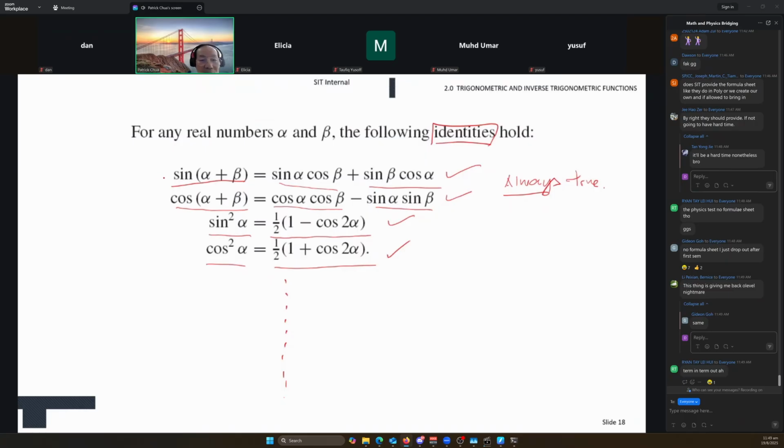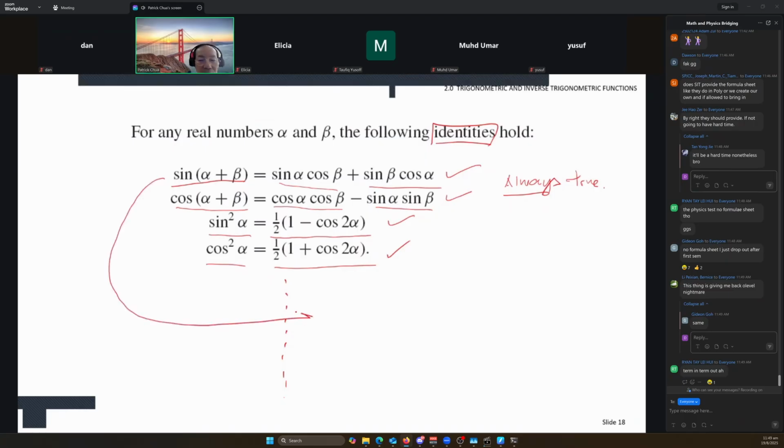So you can always test. For example, how do you test whether it's true or not? You put in values. Let's say alpha is 20 degrees and beta is 30 degrees. Then is sine of 20 plus 30 degrees equal to sine 30 degrees cos 30 degrees plus sine